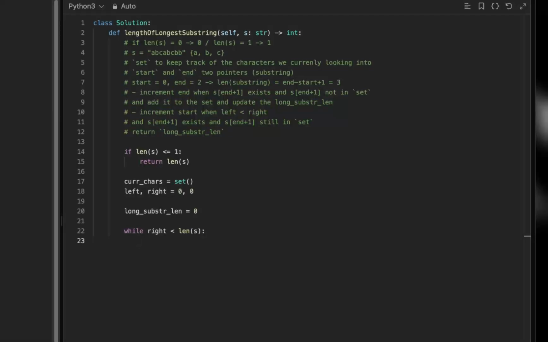So what I'm doing here is if s of right is not in current chars, what I can do here is add s right to current chars, then